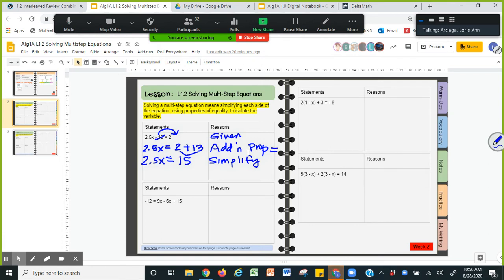Okay, all right, so now x has a 2.5 tagging along in front of it. So we have to remove that. If they're side by side, it means they were multiplied. So the opposite of multiply is division. So we divide both sides by 2.5. So since we said we're going to divide, your reason for that one will be division